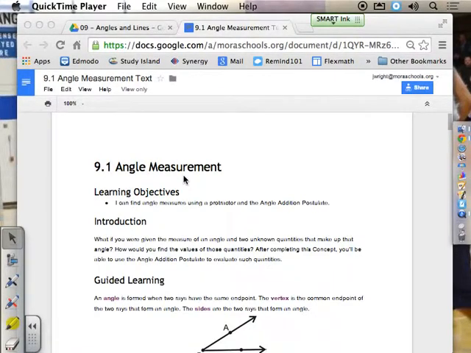Hi, today we'll be doing 9.1 angle measurement. We'll be finding the measure of an angle and making angles with protractors. We used protractors on Monday. Hopefully you have a pretty good grasp on that. Let's get started. An angle is formed,